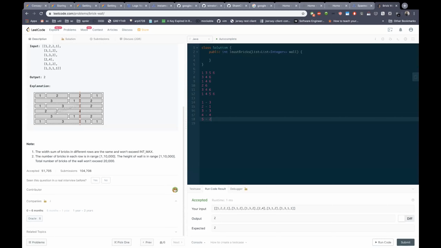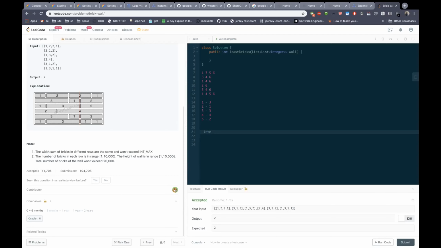2 endings only. So basically the max of this is what we are looking for. The max of this will be the non-intersecting ones. So if in this row, if I choose to draw a line at gap 4, then there will be 4 non-intersecting bricks. So my total number of rows minus non-intersecting bricks would be my answer. Because 6 minus 4 equals 2, right? Yeah, 6 minus 4 equals 2.